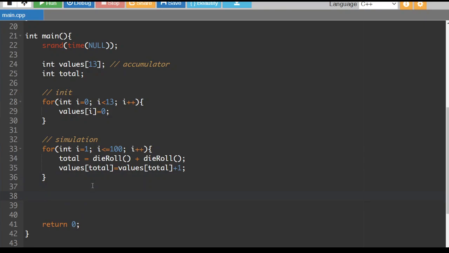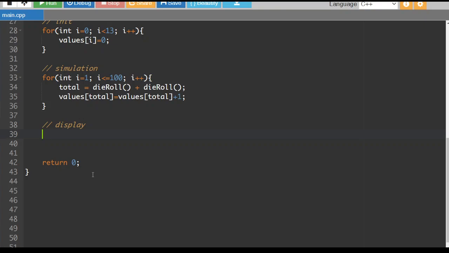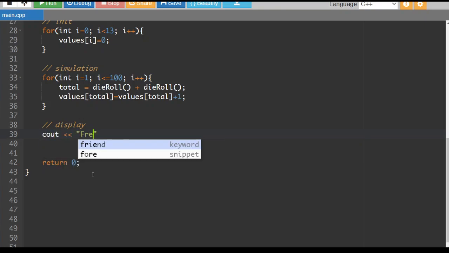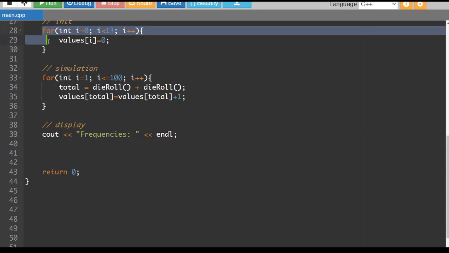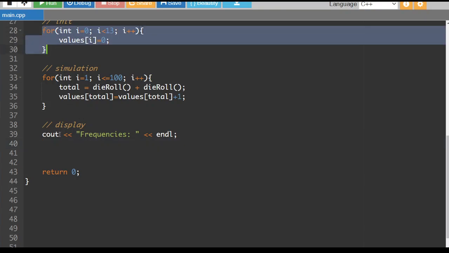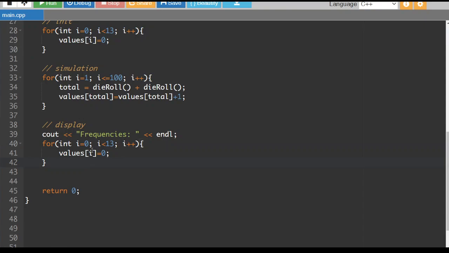Okay, so now imagine I want to display the results. A couple different ways we're going to do this. The first one is we're going to just display the frequencies. Now for this one, we need a loop that is going to go through the array. So I'm going to do a little copy and paste here from my first one. Okay, so I pull that down. And then what I'm going to do is instead of this, I'm going to cout